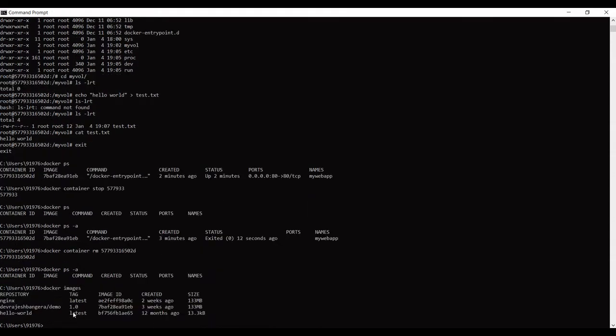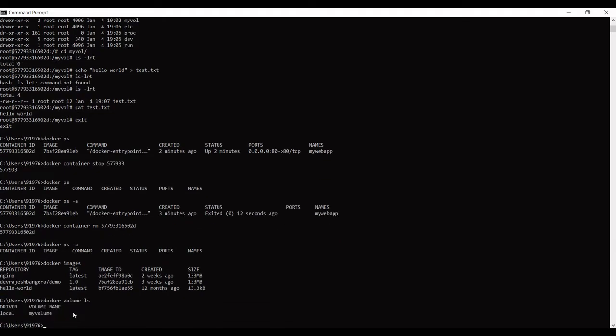Now we have 3 images with us. We have a single volume with us, which we used earlier in one of the images. And now what I will do is use this volume in another image, apart from the image that I used earlier.